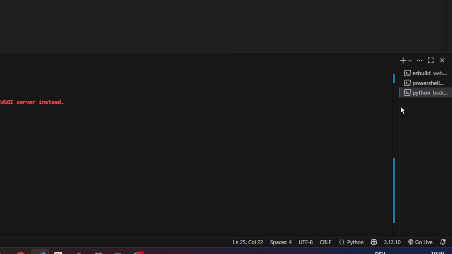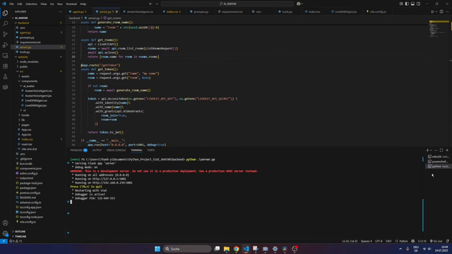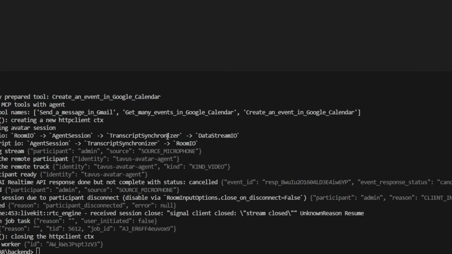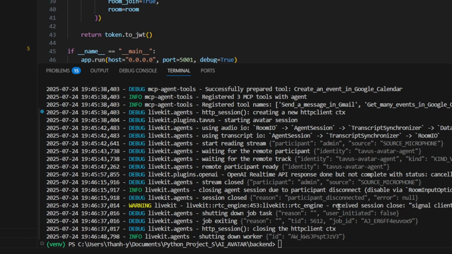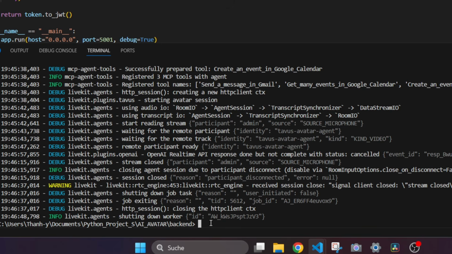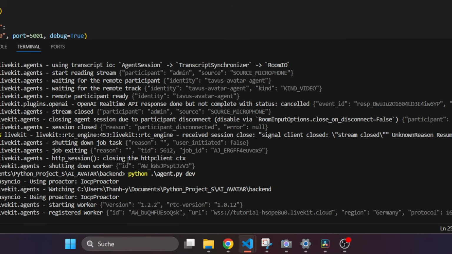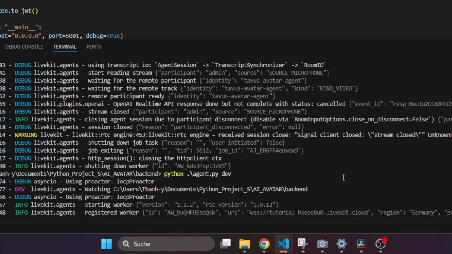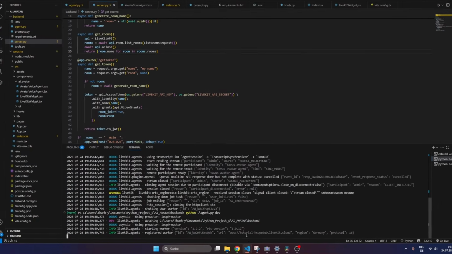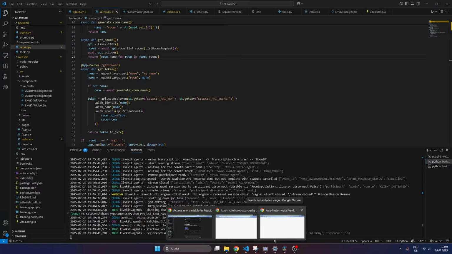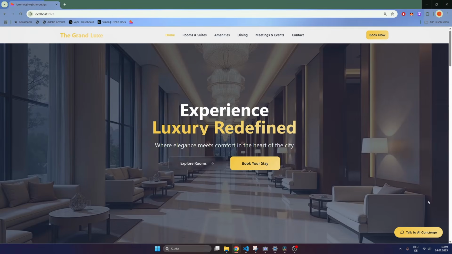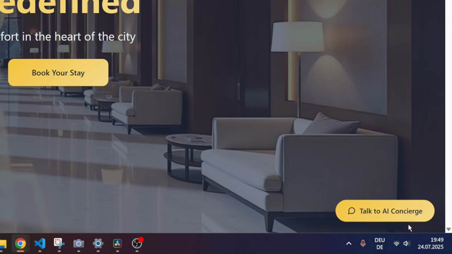So if you have multiple terminals open, you can select it from here. So I have this other terminal open where I have to start our agent. So again, python agent.py dev. Now it's gonna start. My internet is currently very slow, so I hope it's not gonna lag. So if we go back into our website and try to connect to our AI avatar again,